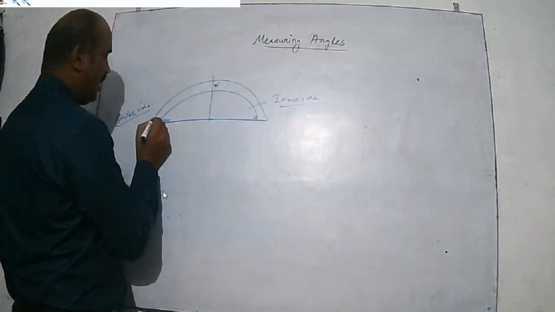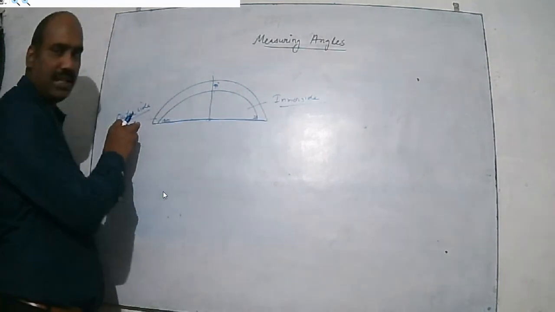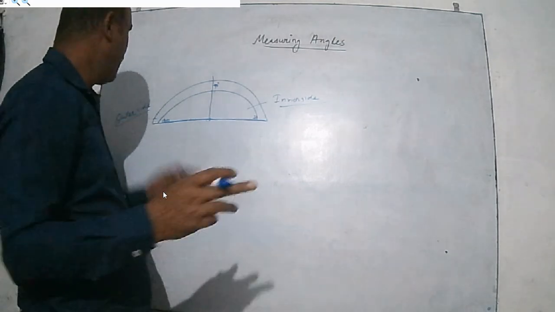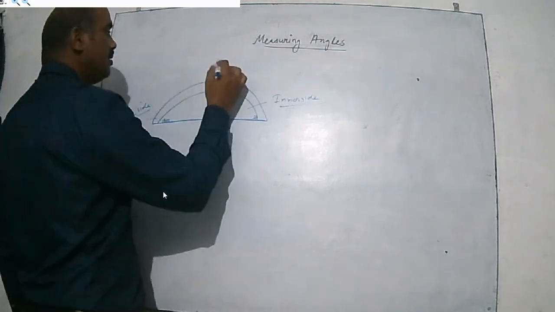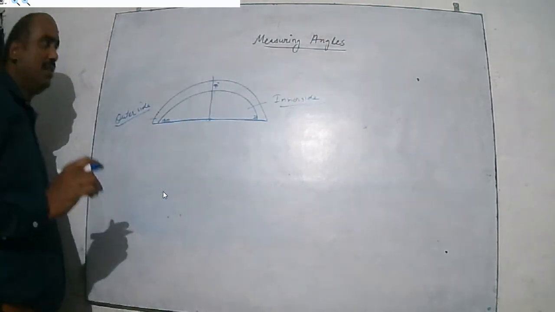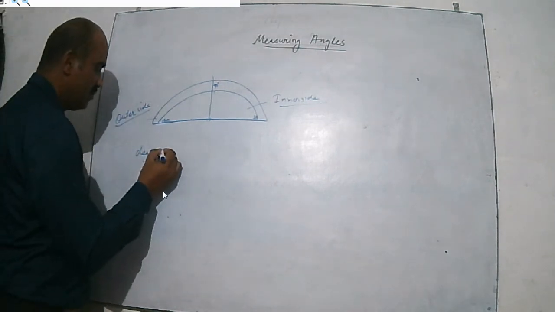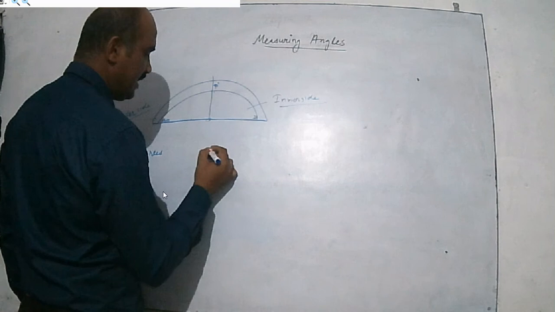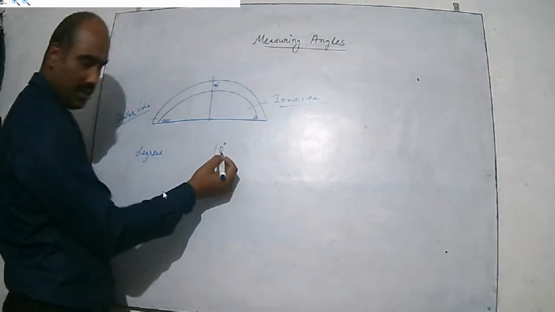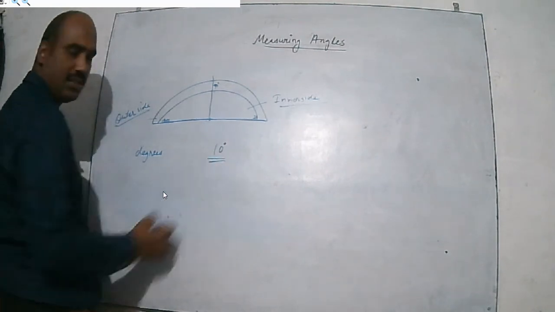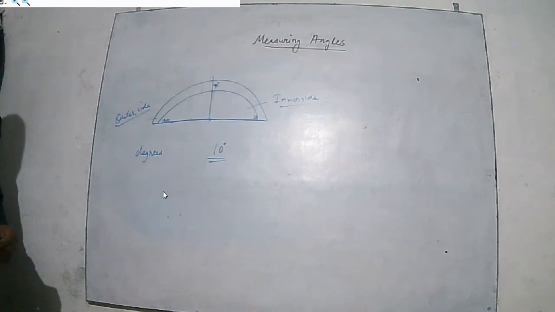The outer side is just opposite of the inner side. Okay, it is the opposite angle. To find out the opposite angle of that, we use this outer side. Clear? And to measure angles, we use degrees. Now suppose here I have to write 10 degree, so 10. Here you have to make a small 0, so it shows that it is a degree. Hope that you understand that.